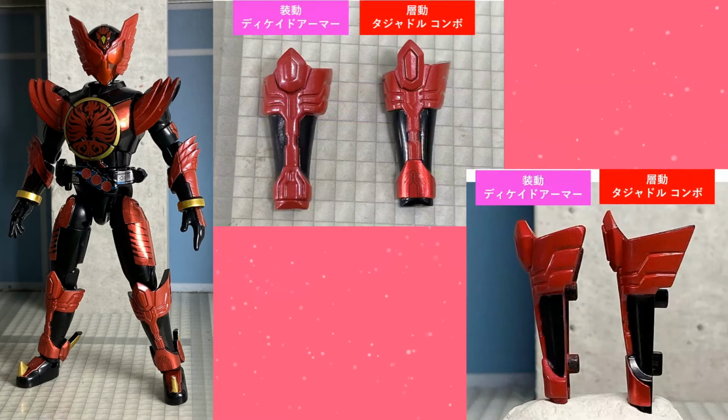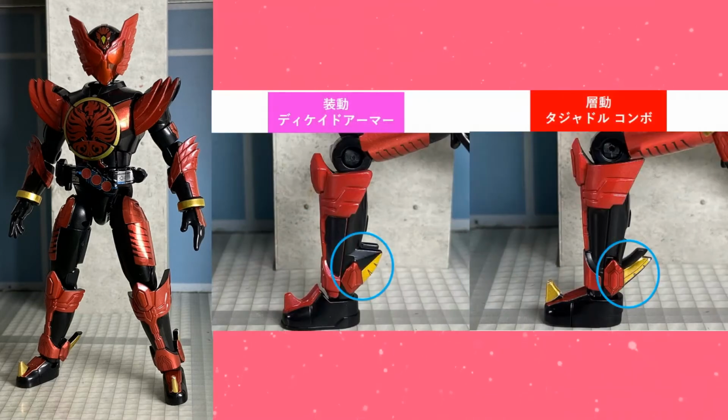Next up are the legs. Now the knee pad at the top here was slimmed down and sharpened. A lot of this stuff does look much sharper and has a little bit more bite to it. And from the side, we can see the wing extends out a little further and has some really nice sharp edges. Another thing on the legs, specifically around the ankle,